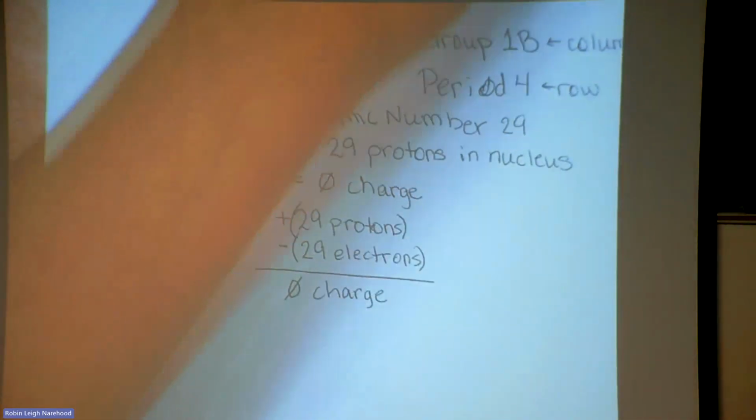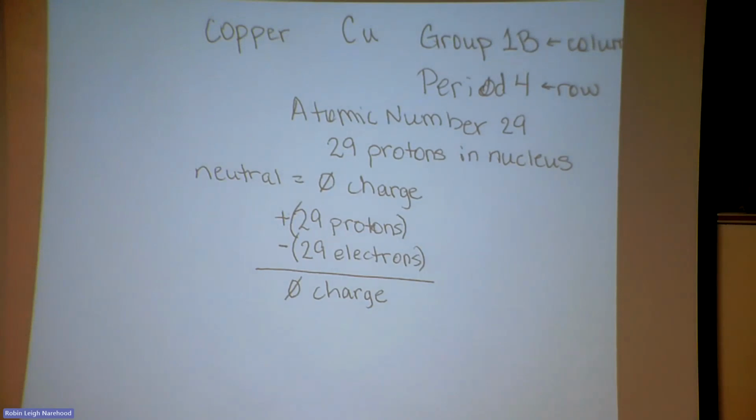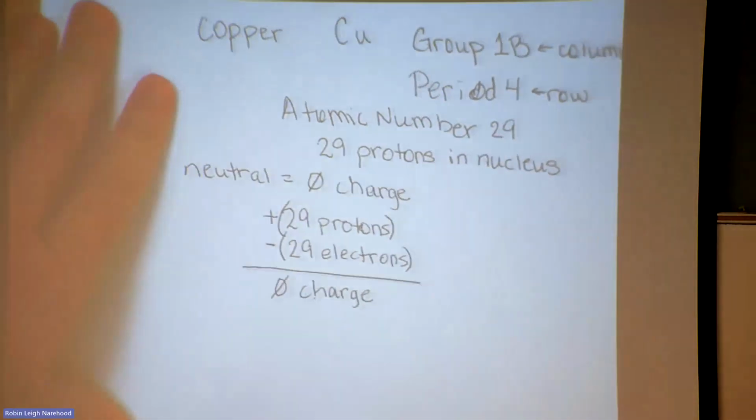Has anybody ever seen copper that looks green or blue? That is not the zero charge. Zero charge metallic bonds, they look like metals. But if this gets messed up, now it can't lose protons because they're in the nucleus, and that would be a nuclear reaction and it would turn into something else. But if the number of electrons gets messed up, then the appearance of the copper goes away and it turns into ions. So metallic is neutral, but if it's an ion,